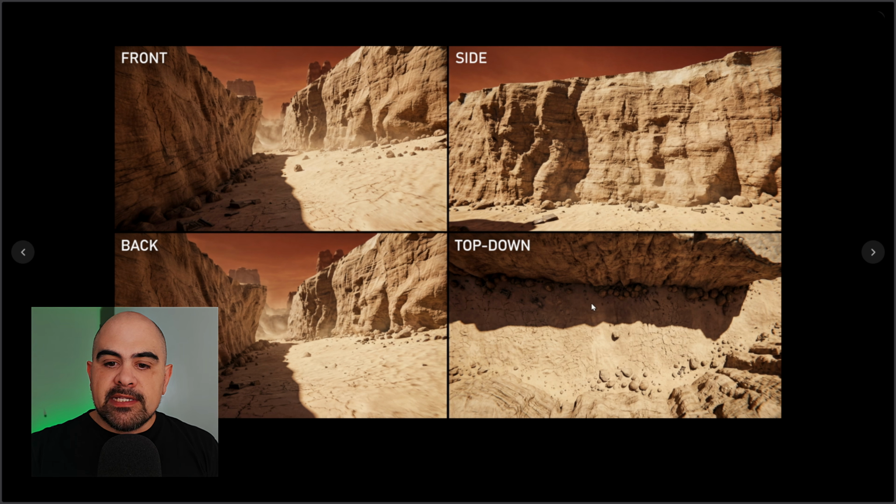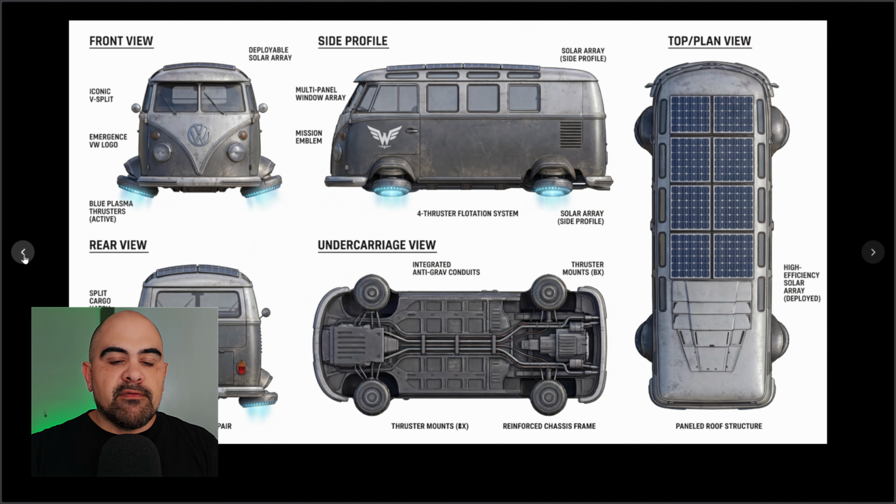Whereas here, you can see that we've got the harsh light hitting this side, but we've got this section where we know that the van's going to cut in and out of, and it makes it kind of look more realistic that way. So if we go over here, you'll see that the next thing that I created was the